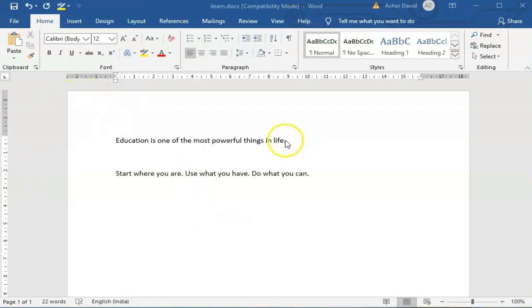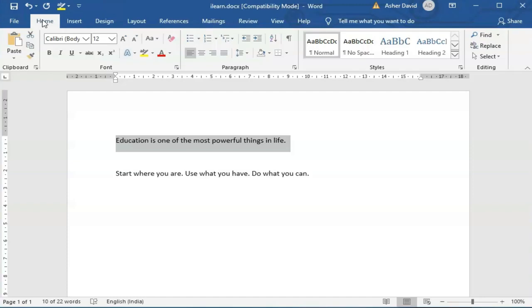First, you have to select the text which is to be formatted. Click the Home tab. You have to click on the Home tab. In my case, it is already clicked.